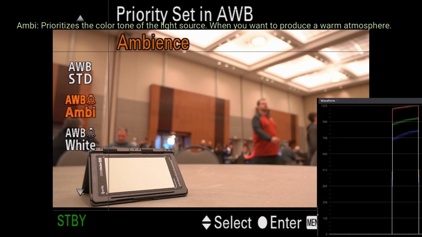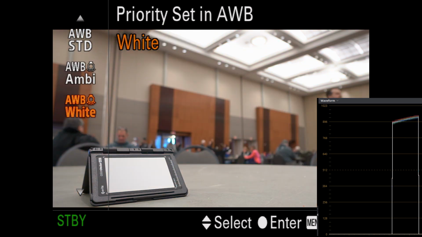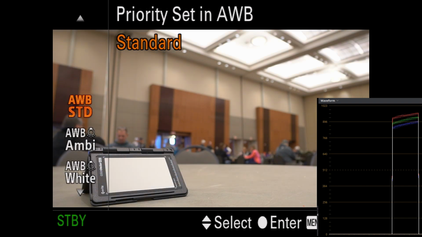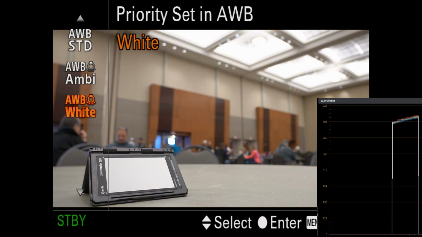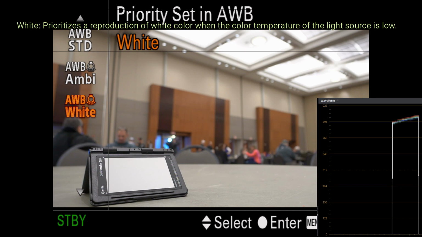And you can see the red channel is very raised, meaning it's very warm basically. All right, now we're gonna go from white to standard and then back to white. And as you can see on the waveform, the red, the green, and the blue channel are very close together. They're very matched, meaning that white patch on the table is very, very neutral, which is very